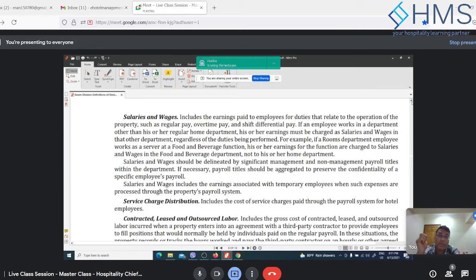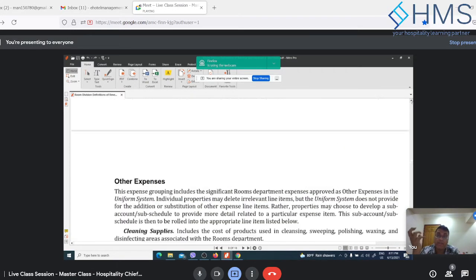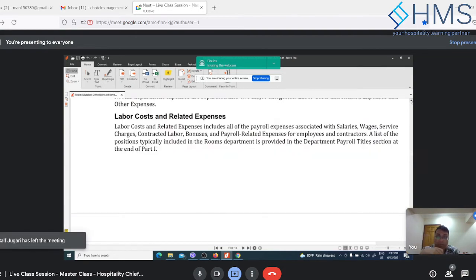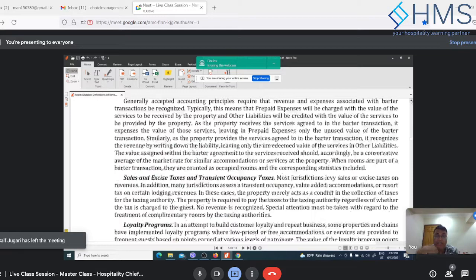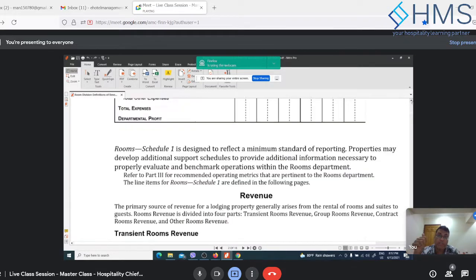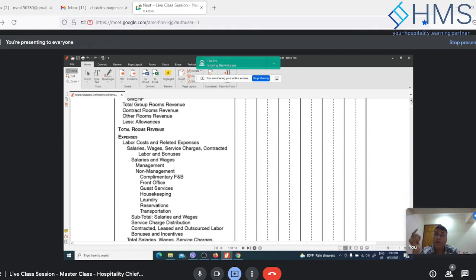And then it also needs to be segregated into the specific lines to record the expenses, which include the management and non-management. The management will usually include your director of rooms, front office manager, duty manager, concierge manager, guest relations manager. Whatever has the manager and assistant manager titles will go under the management. The non-management are supervisory staff and below, who are usually taking care of the guest directly, so they are in direct guest contact.